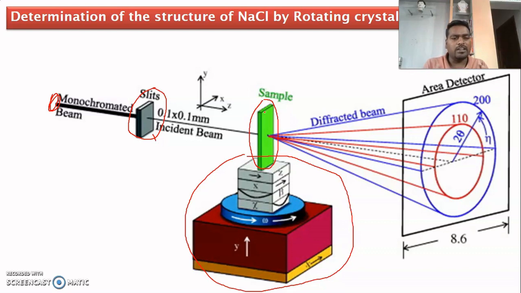But if you rotate by using a small angle, diffraction takes place at different planes and it gives different angles. That's why we are going to place this crystal on a rotating table. It rotates along 3 directions. Next, the outcoming radiation from the crystal, the diffracted beam, can be recorded by using a detector, and so the diffracting angle can be calculated using the detector. So this is the instrumental setup of the rotating crystal method.